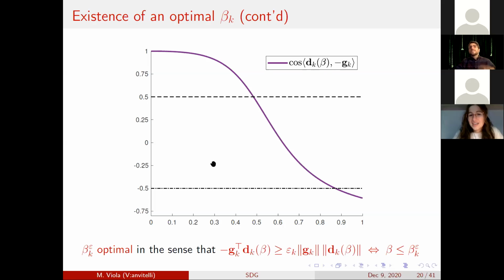So in this sense it's optimal, in the sense that it's the largest you can take, the closest to the Newton method, or the Newton type direction. But